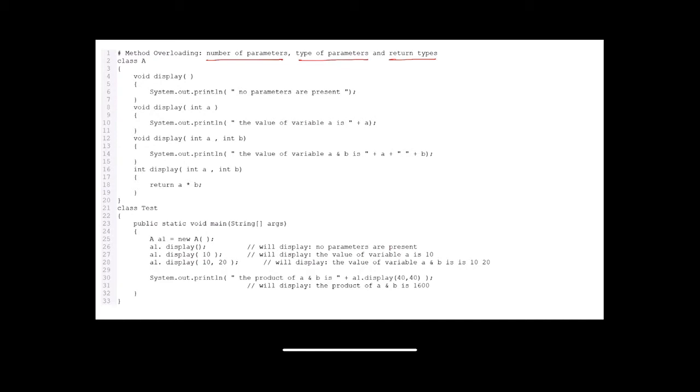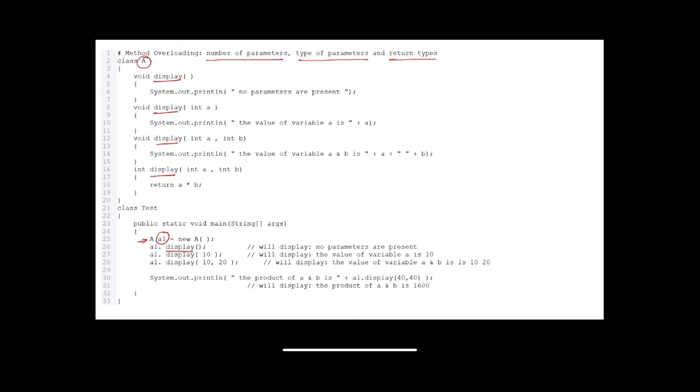Let us see how. In my class A, I'm only having one class because I'm just checking that the overloading here is done in one class. Over here, I'm having 4 functions or 4 methods, all having the same name. Now, when I'm creating an object a1 of my A class and calling a function display, my compiler gets confused as to which display has to be called.